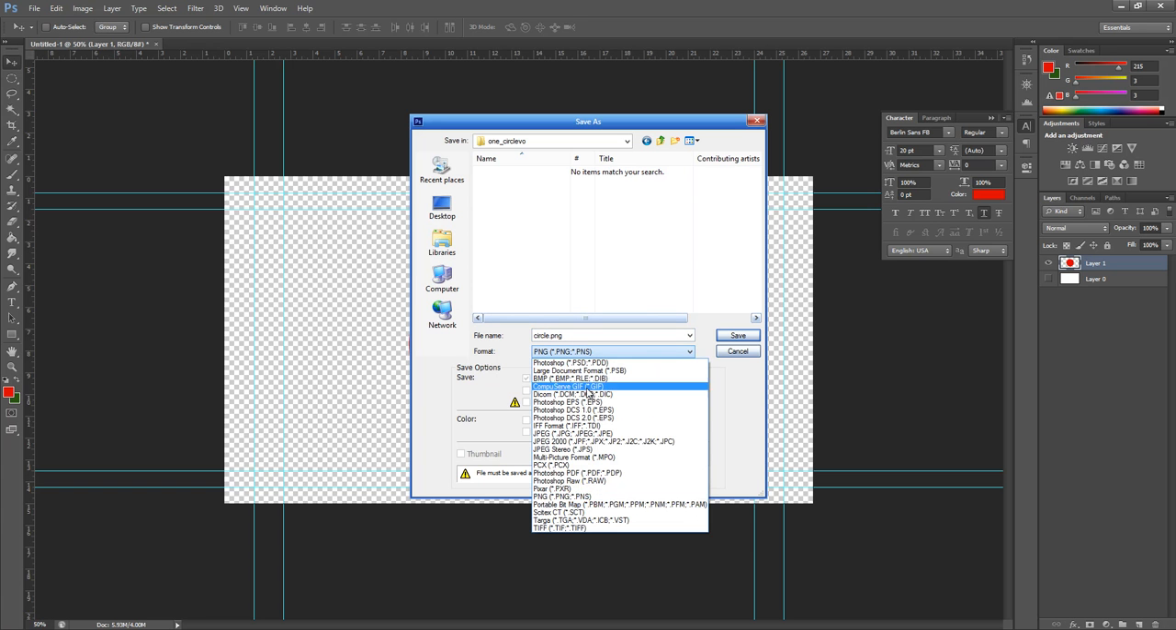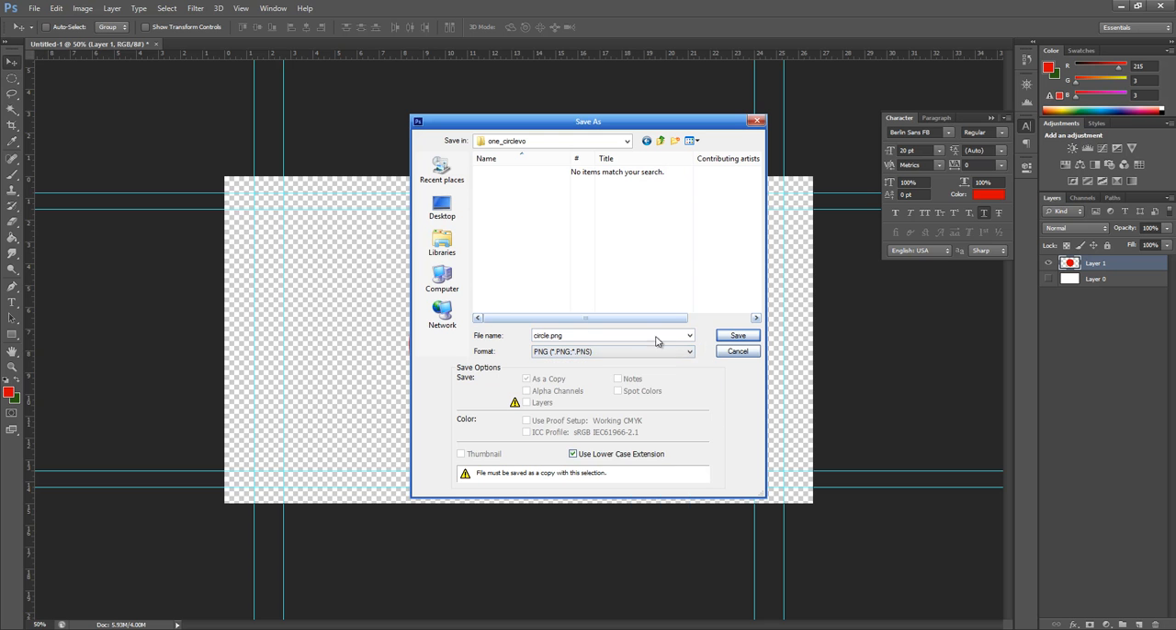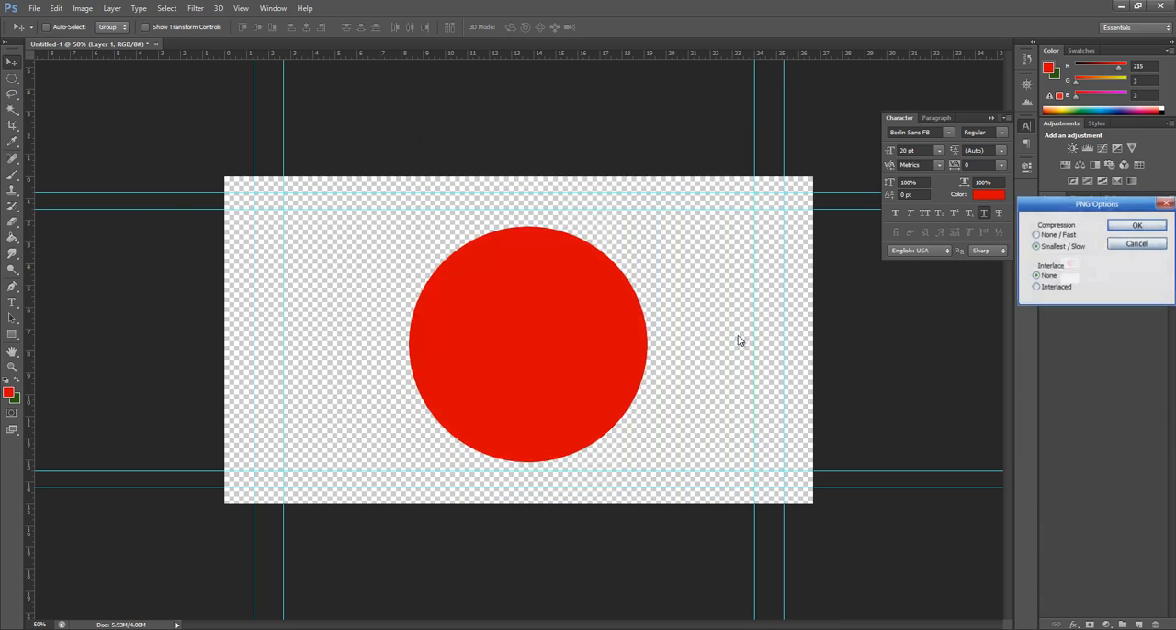And notice that the format is PNG, so it's going to have some transparency there. If I save it as a JPEG, then I'll have this white around it, and I don't want that. So I'm going to go ahead and click Save, and then click OK,